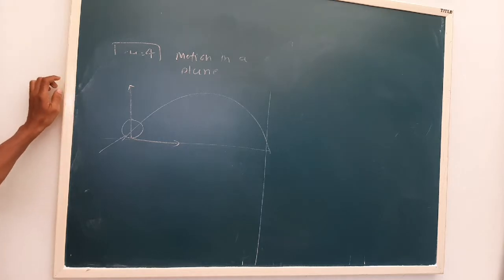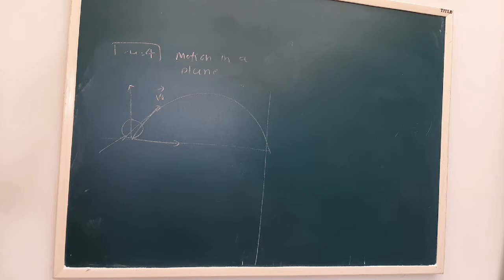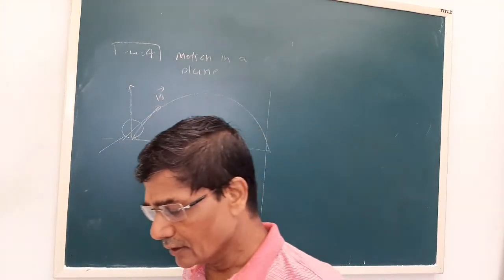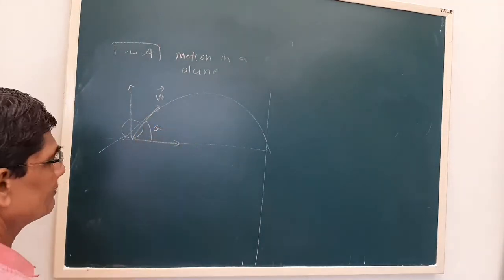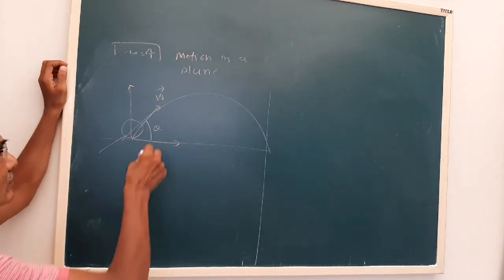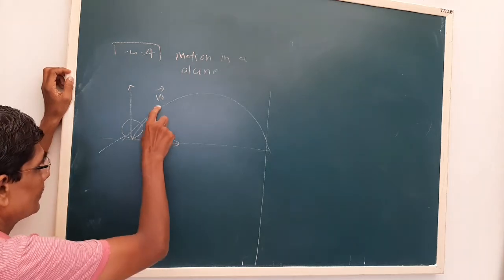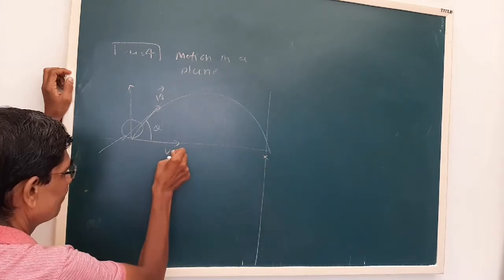Let us say the object is thrown with a velocity. It moves when a body is thrown in the gravitational field of the earth by making some angle with the horizontal in such a way that it moves with a constant horizontal velocity. What is constant horizontal velocity? Let us say the body is thrown with some angle theta with the velocity v0. What will be the x component? v0 cos theta.